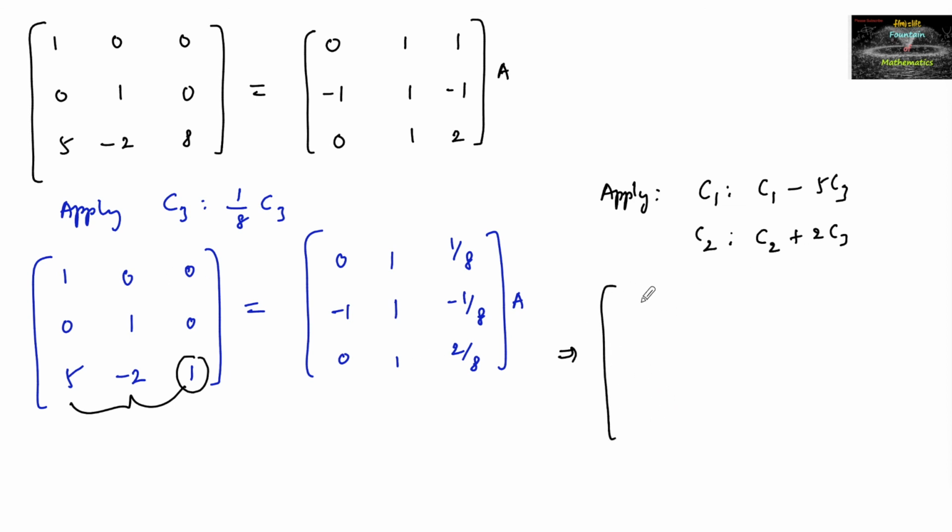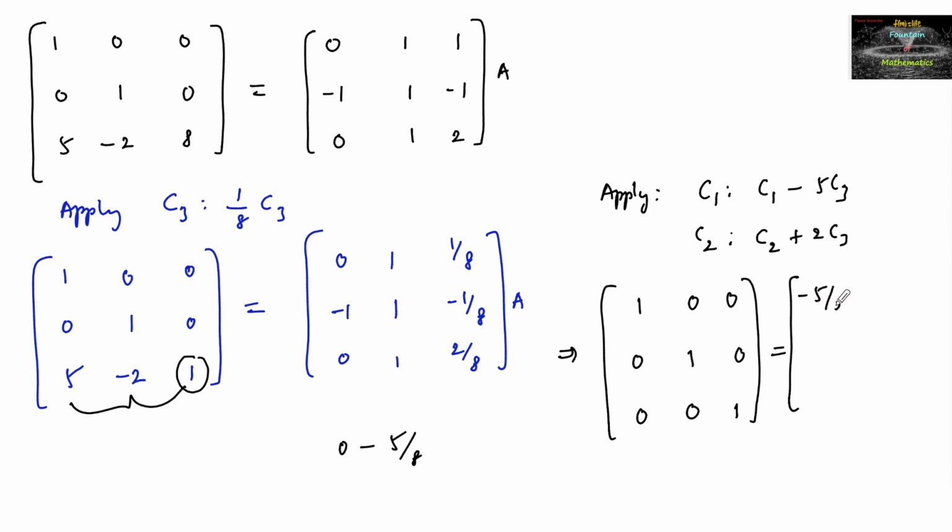1 minus 5 times of 0 it's 1, 0 minus 5 times of 0 it is 0, and 5 minus 5 times of 1 it's 0, and second column 0 minus 0, and here it is 1 plus 2 times of C3 that is 1, and minus 2 plus 2 times of C3 that is 0, and column 3 will be getting as it is, so which is equal to the other side also 0 minus 5 times of column 3 that is 1 by 8, that is minus 5 by 8, and minus 1 minus of minus plus 5 times of 1 by 8, that is minus 8 plus 5 it's minus 3 by 8, and then 0 minus 5 times of 2 by 8, that is minus 10 by 8,